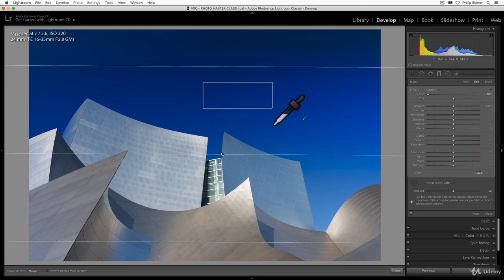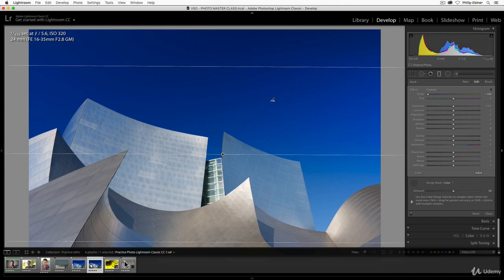Because the sky goes from sort of dark blue to light blue, I am going to pick sort of a range up here. And so it is more intelligent in the colors that it's picking. You might not have noticed exactly what happened, but if I go between these two photos, let me know if you can see the difference. Well, I know you can't tell me, but let's just go back and forth.